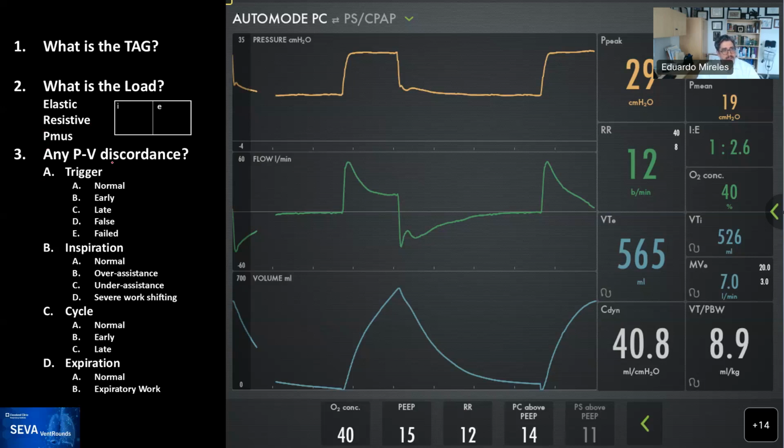Any patient ventilator discordance. You will see that compared to 2022, we have changed and expanded what inspiration is to normal. If there is presence of over assistance, under assistance, or severe work shifting, so more to come on that. The cycle, is it normal, early, or late? And then if there is expiratory work. So go ahead, start filling